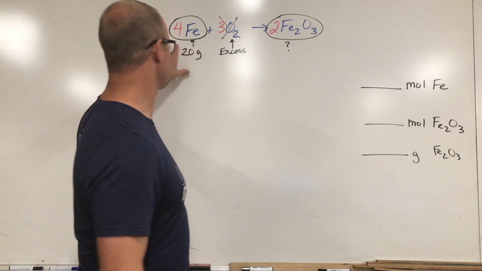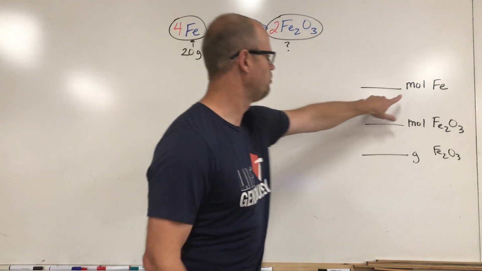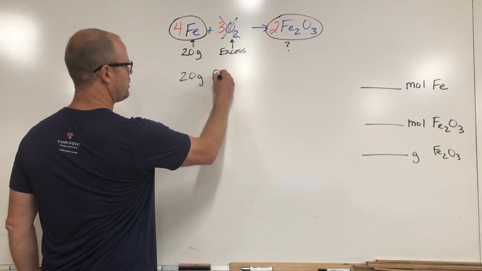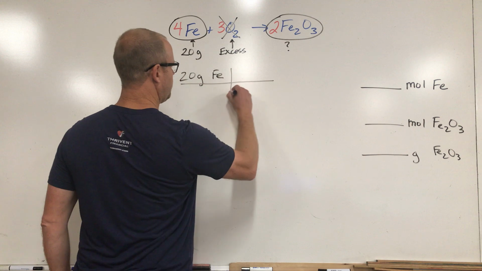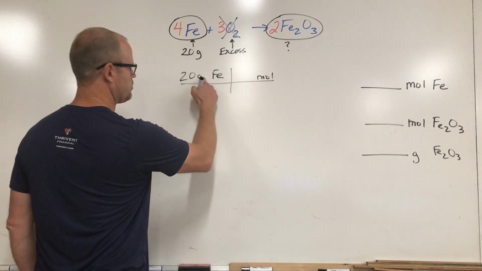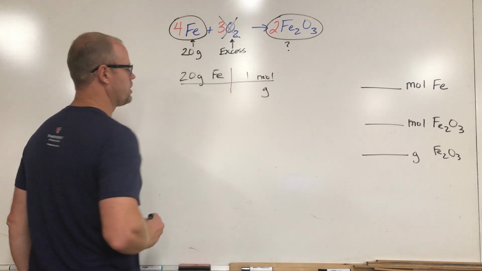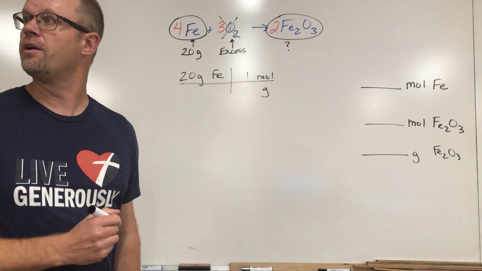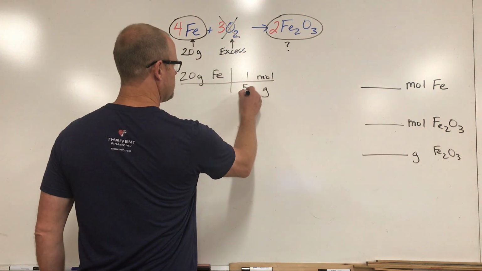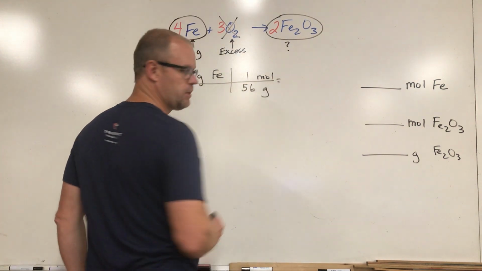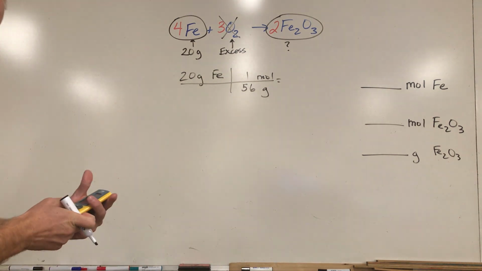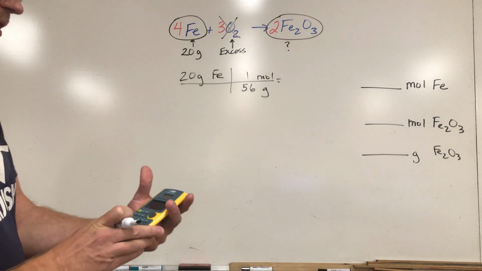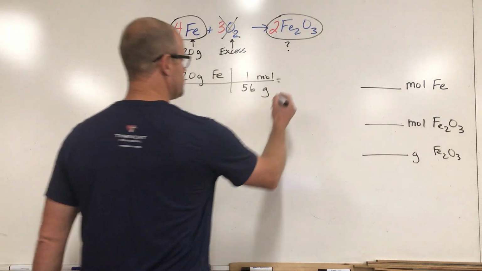The first step we're going to do is we always take our starting measurement and we want to convert it to moles. Okay. So we're going to write out 20 grams of iron, and we're going to convert it to moles, okay, which means grams is going to have to go down here. We look on the periodic table at the molar mass, and we'll do a little bit of rounding here. We see that iron is around 56 grams. So it's going to be 20 divided by 56. And that gives us about 0.357, and we'll just round it off,